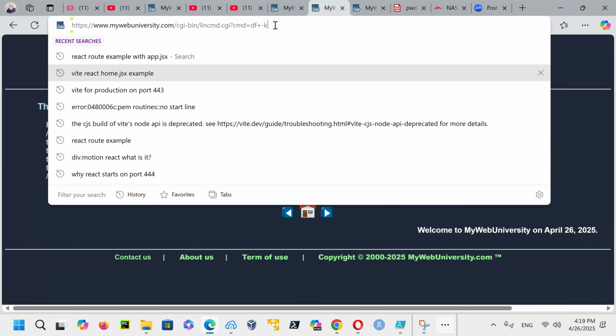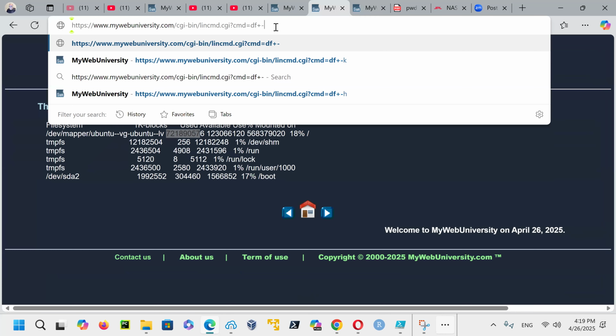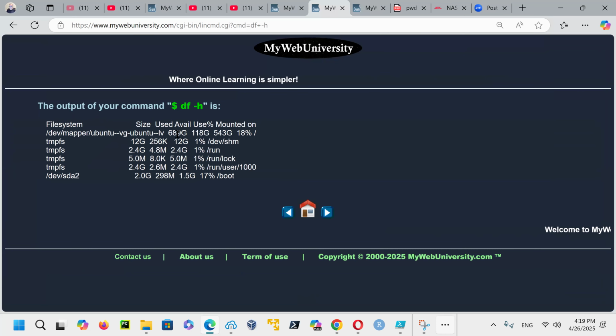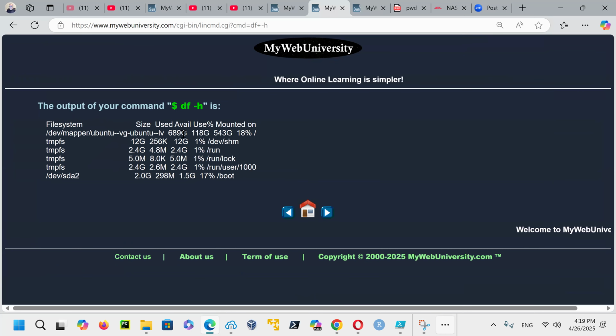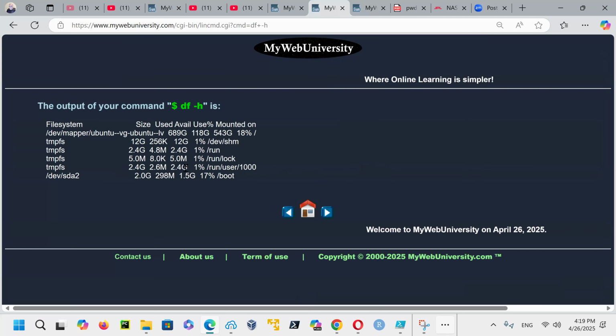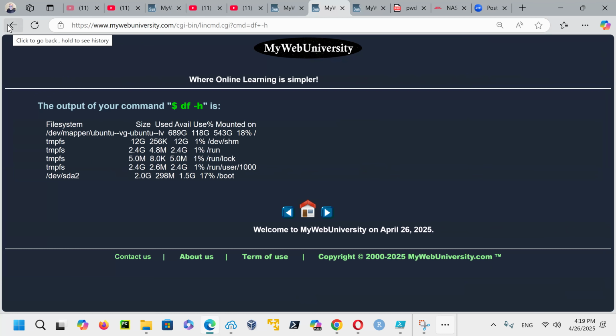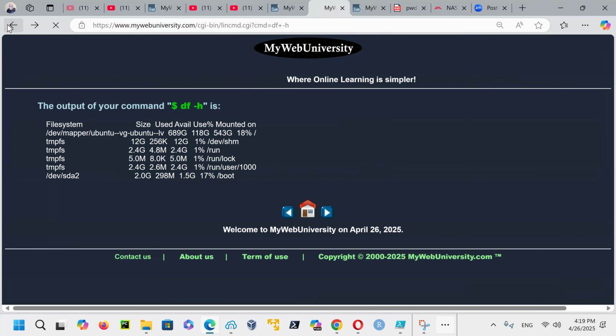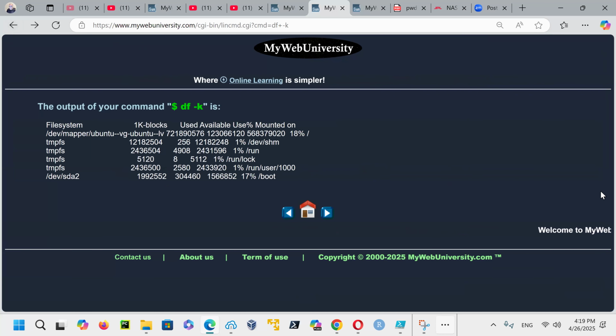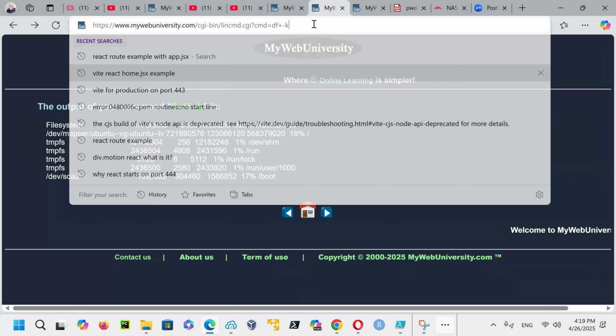But if I change it to h, human readable, now it is much easier: 689 gig. That is why it's called -h, human readable, because it converts kilobytes to megabytes, megabytes to gigabytes, and then you get it in gigabytes.